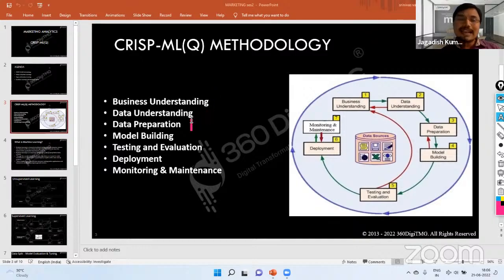Let us go to the next step, that is data preparation. In data preparation, we have two sources of data: primary sources and secondary sources. In primary sources, we collect the data and do research on the data. And if the data is already available, that comes under secondary data sources. In data preparation, some steps we will take, like